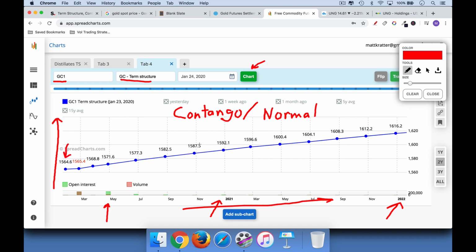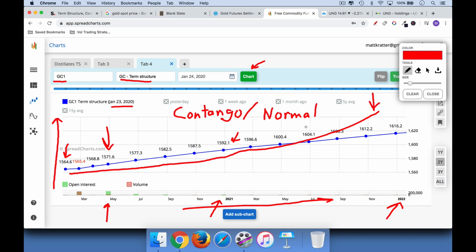And then we have gold for delivery in, call it, a year from now. This is January 23rd, so it's a little bit different from the prices we saw, but basically close to 1600 in a year from now. Now this curve, you can see how it's upward sloping over time. It's basically saying the price for gold delivery is going up over time. So if you want it delivered in 6 months from now, it'll cost you a little bit less than if you want it delivered in 2 years from now.